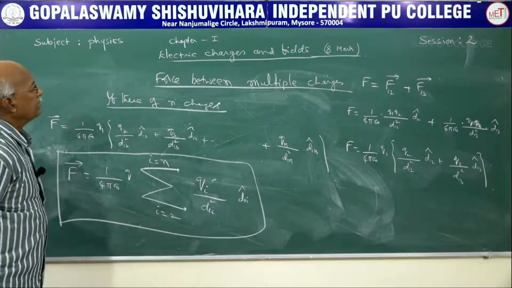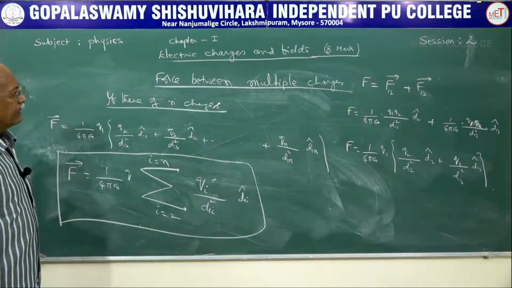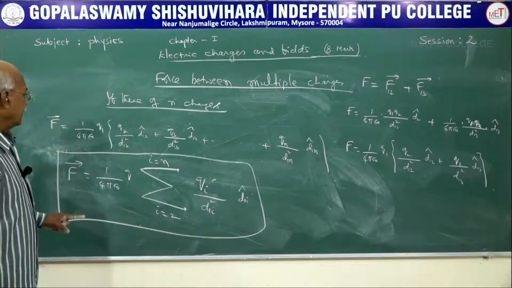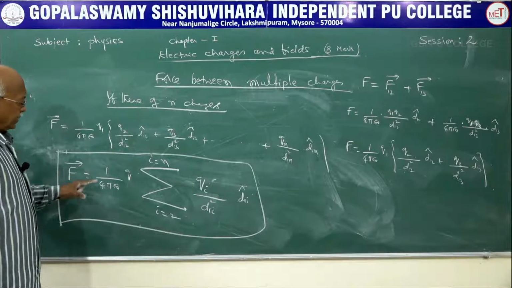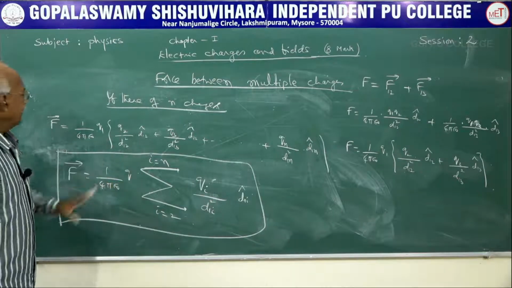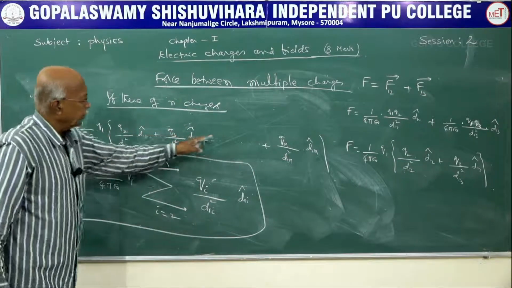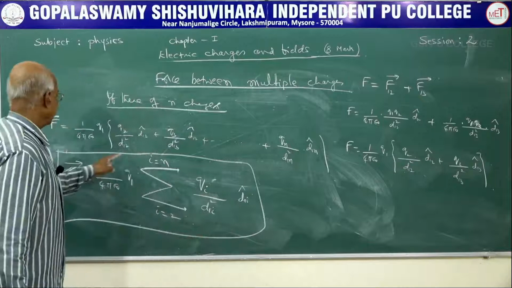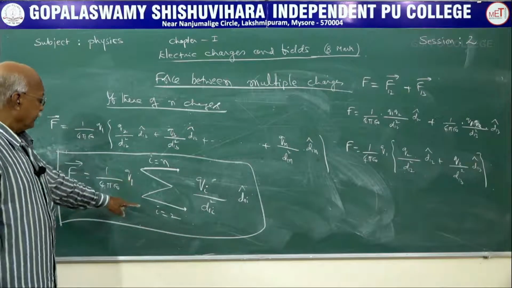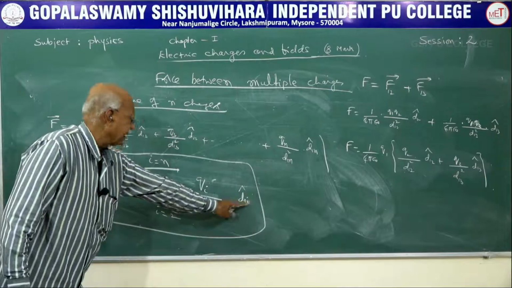So this is the equation we are going to get for force between multiple charges. If there are a good number of charges available, what is the total force exerted by each and every charge onto one charge? Q1 is the charge on which Q2, Q3, Q4, up to Qn are acting. The resultant of all this can be got by the equation: F1 = 1 over 4 pi epsilon naught, Q1 into sigma Qi divided by r i1 squared, r i1 cap.